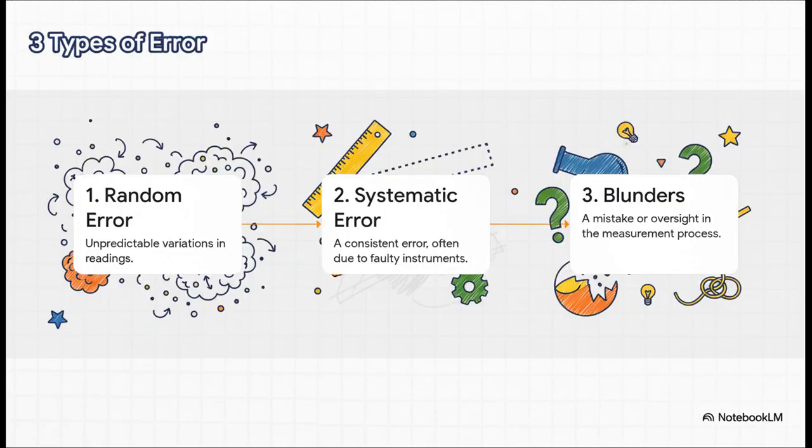And we can actually break these errors down into different types. First, you've got random errors. These are just tiny, unpredictable variations in your readings. Then there are systematic errors. These are consistent errors that often come from a piece of equipment that's a little bit off. You know, like a bathroom scale that always says you're 1 kilogram heavier than you really are. And then, well, then there are blunders. Okay, yeah, those are just plain old mistakes, like reading the number on the dial wrong. The whole game in good science is to understand and try to minimize those first 2.